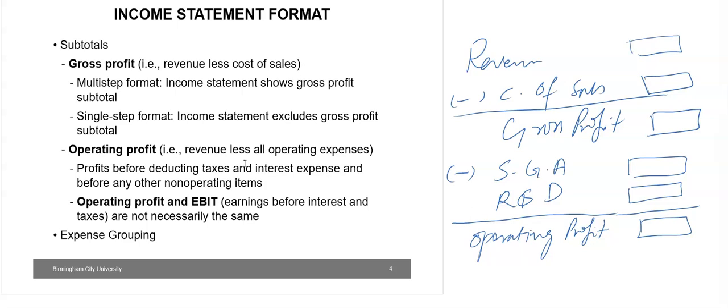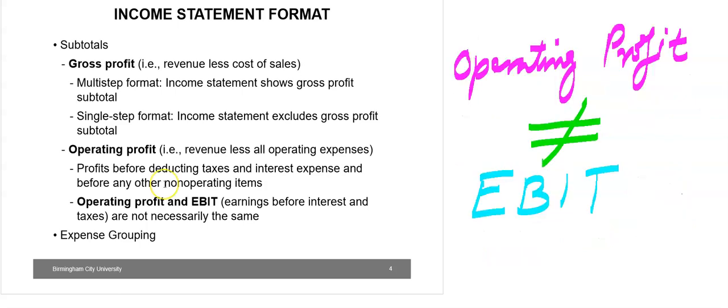The specific calculations of gross profit and operating profit may vary from company to company, and the user of financial statements can consult the notes to the statements to identify significant variations across companies. Sometimes operating profit is referred to as earnings before interest and taxes, that is EBIT. However, keep in mind that operating profit and EBIT may not necessarily be the same, because interest and taxes do not represent the only differences between net income or net earnings and operating income.